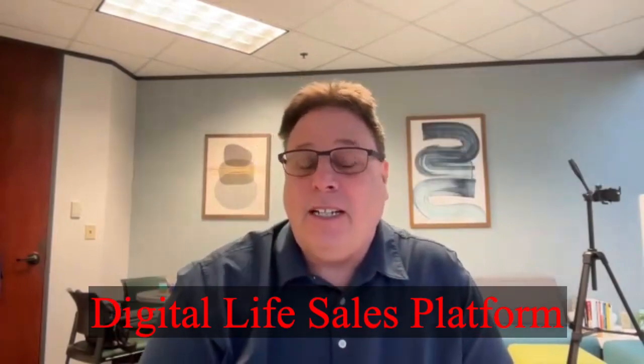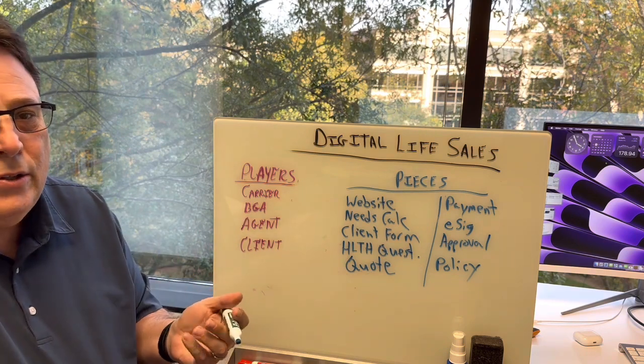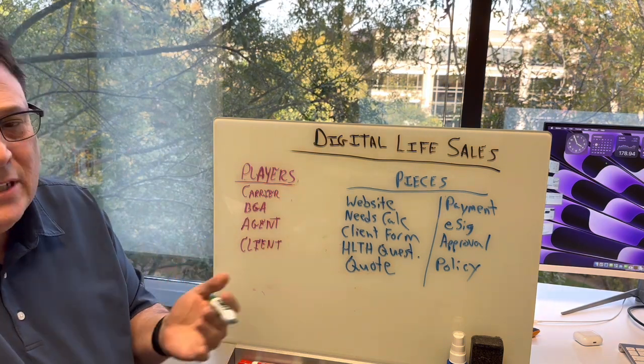Idea and design out a process using the tools in ChatGPT. And I'm going to walk you through my process, and the example we're going to do today is a digital life sales plan. The first thing when I have an idea like wanting to develop a digital life sales platform